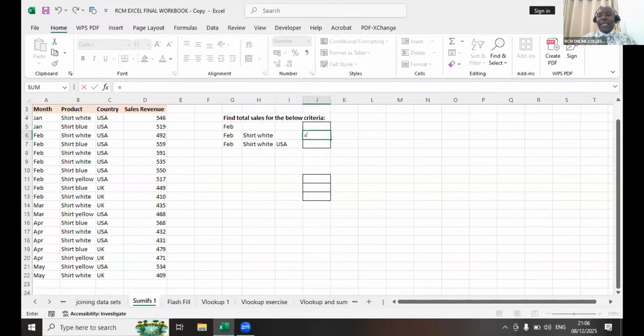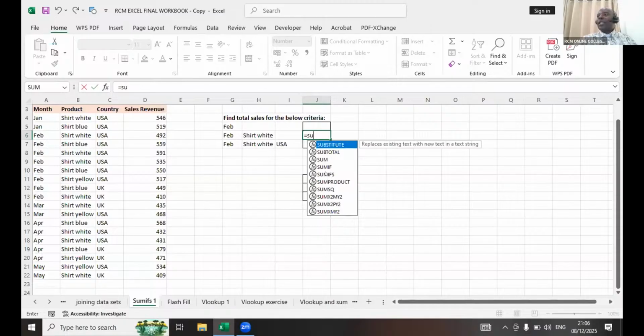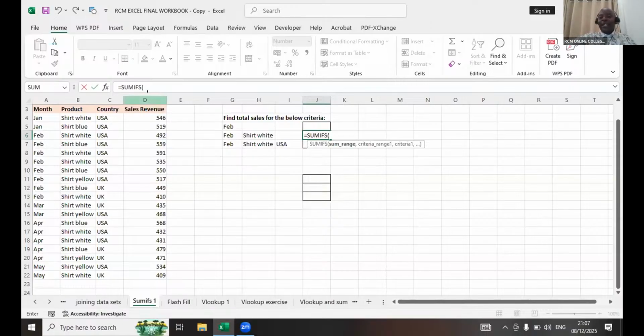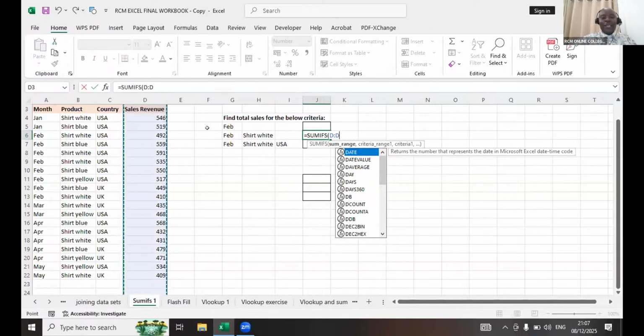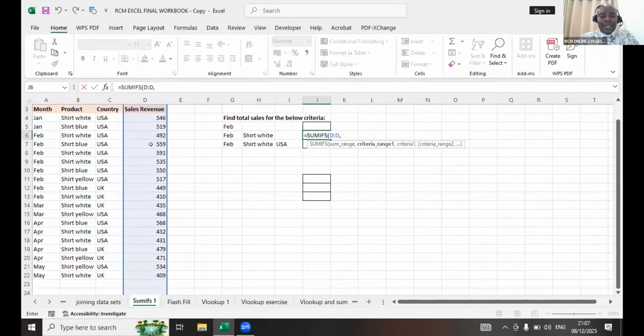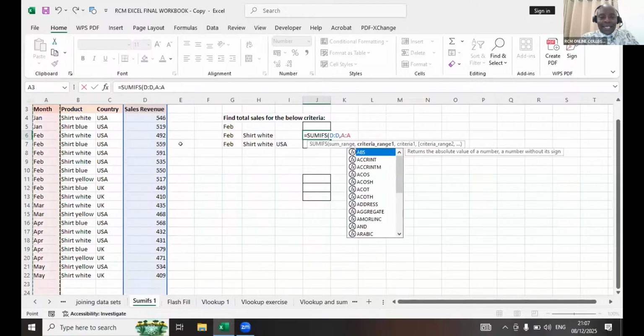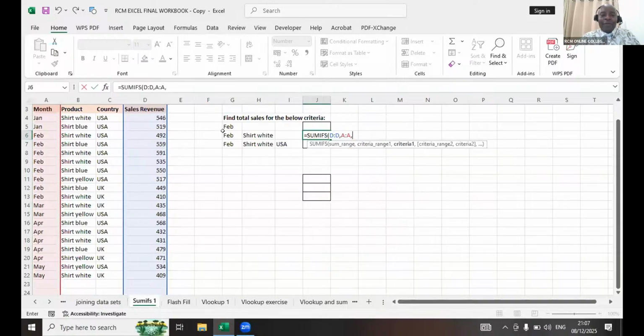So on the second one, February, shirt white. Everybody is practicing. Kennedy Karanja has not yet received. My young man, Kennedy Karanja, please reach out. Yes, comma. Criteria range. Month, I like that, comma. February, this must be a very, very good ninja. February, comma. Then now we go to the second